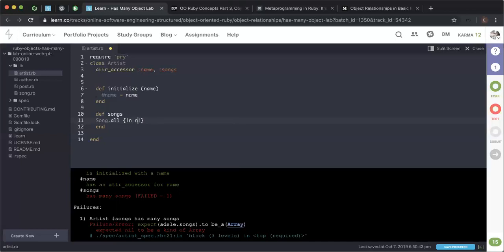Find. Okay, we can use find, but remember, find only finds the first song or first element, and it only returns the first element instead of all the songs that it has. So do we have to create another method that does that specifically? No, do you remember we have these iterators? Yeah, like collect. I don't know a whole bunch of them, but I know the ones I've used a lot. Okay, let's search